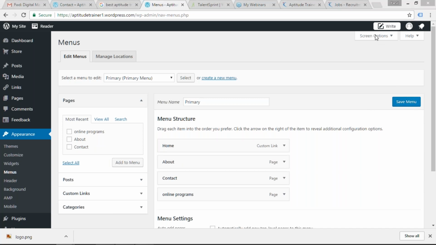When you go to appearance, when you go to menus, it shows you the list of the menus. I have made this new page and I want to see this page. So I have selected this online program. I have put it as a menu. When I click on save menu,